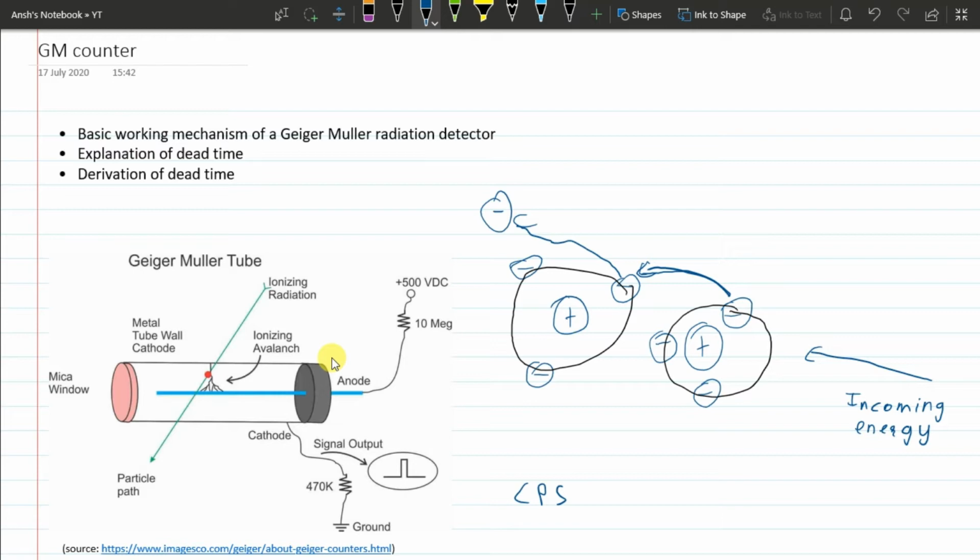So there's a sort of dead time, as they like to call it, where the electrons in the system recombine with the atoms, and that is the only way that they can be ionized again. Otherwise, you cannot ionize a free electron. You can only ionize a bound electron. So there's a dead time that you have to wait before all the free electrons combine again with the atoms, and only then can they be ionized again by another source of ionizing radiation. So this gives rise to dead time.